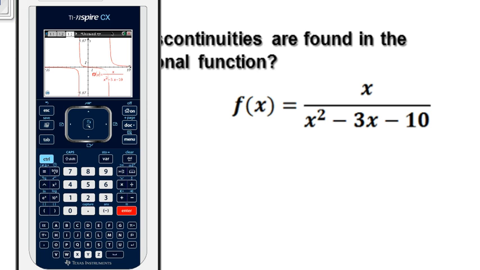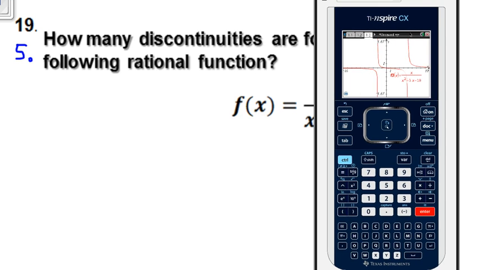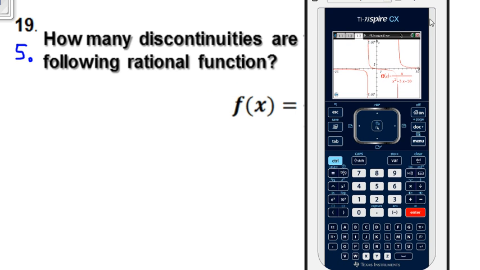And what do our answer choices show? Well, there are none, right? It's just asking. There are no answer choices. So we got to find out how many there are. Based on what we see here, we see the vertical asymptote here at x equals about -2, and also about here at 1, 2, 3, 4, and about x equals 5. So -2, 5, but we can tell for sure by going to our table view by Control T,